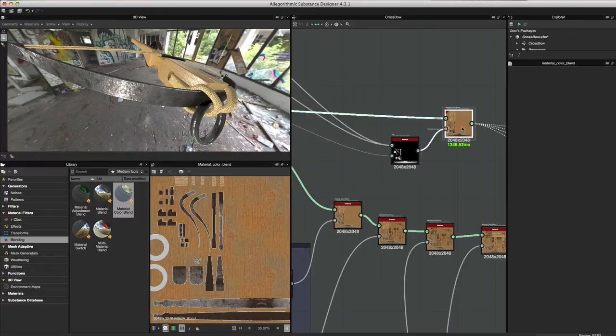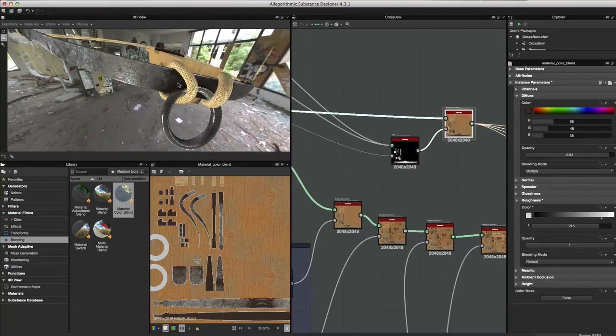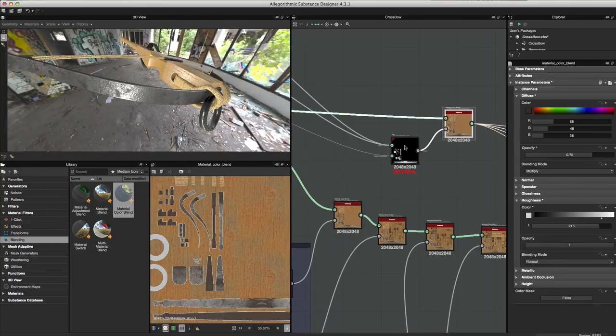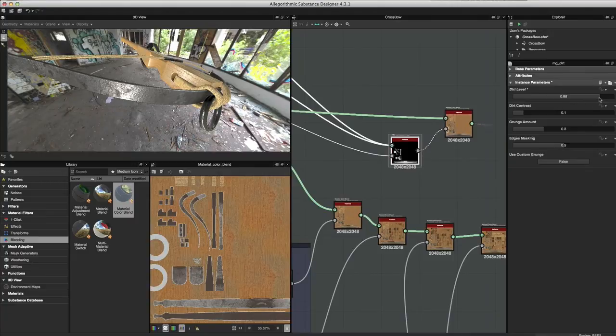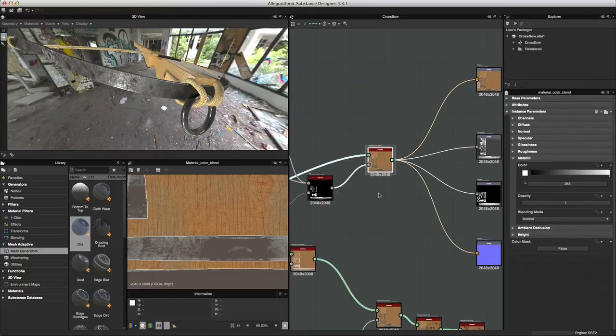Let's go back over to our material and our roughness. Pull the roughness down just a little bit. I do think that dirt is a bit too much, I don't like how it's affecting the diffuse color. So yeah, let's do this. Let's pull the opacity down some. There we go. It's looking a bit better. And again, we'll go back and just increase that dirt level just a little bit here. There we go. Okay, so the next thing that I want to cover is how this dirt is affecting our